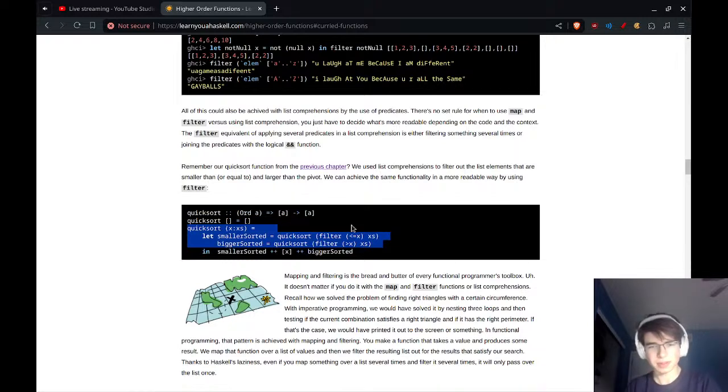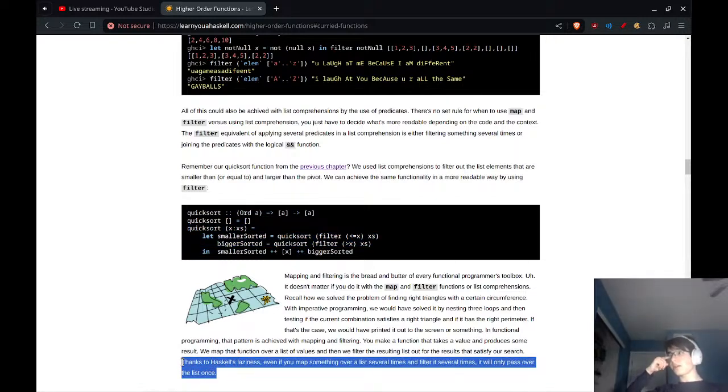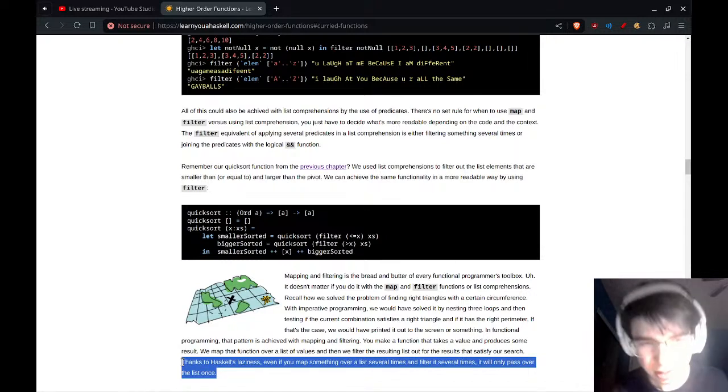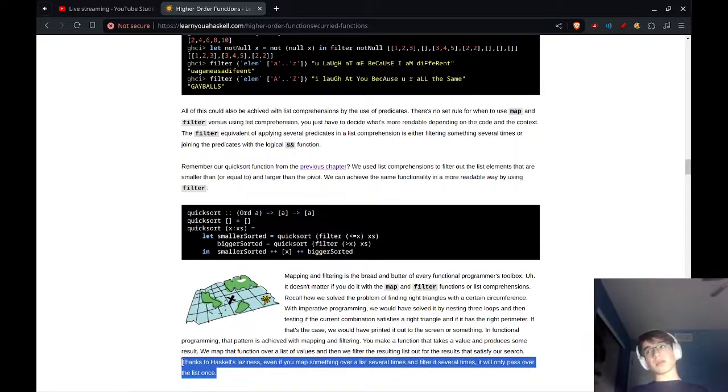Even if you map something over a list several times and filter it several times, now this is really strong. Like this is really good. It's like the iterators from Rust, except it's automatic, and you don't need a ton of syntax sugar to do it. Whereas generally with languages like Scala, Kotlin, by default it'll go and turn